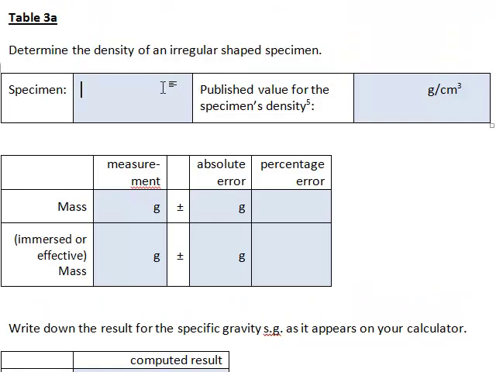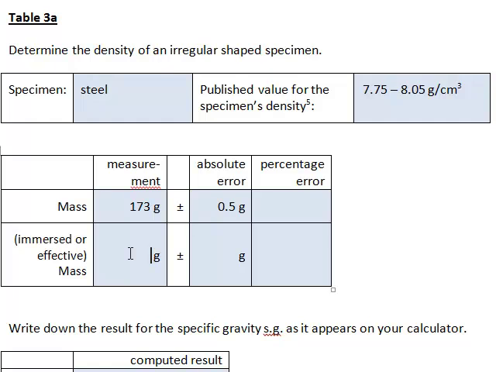So these were these steel screws, and the published value for steel is between 7.75 and 8.05 grams per cubic centimeter. Again, that's also an alloy. Okay, the mass measurement for those steel screws was 173 grams with an absolute error of 0.5 grams because I used the balance. The immersed or effective mass